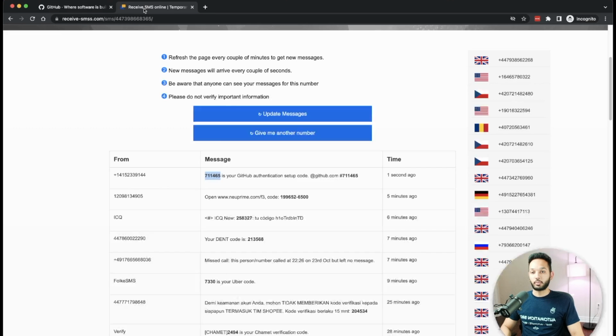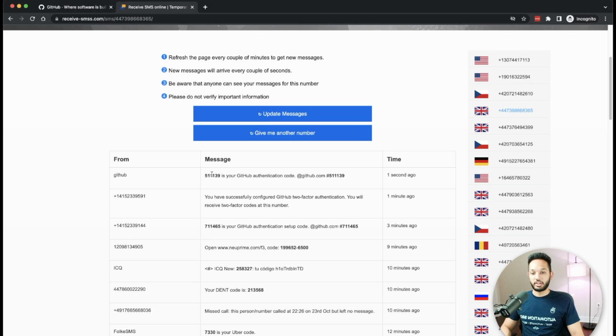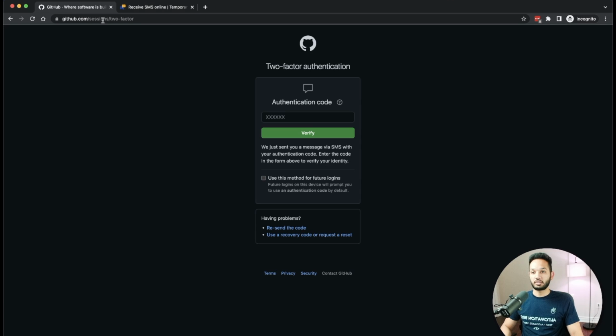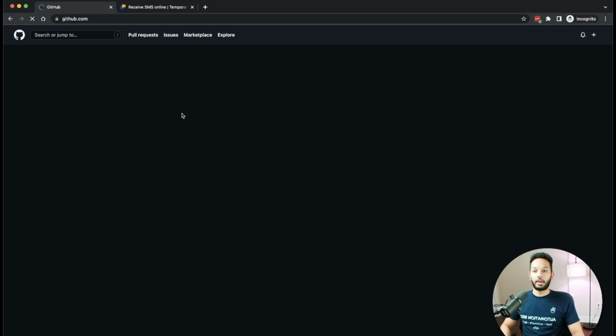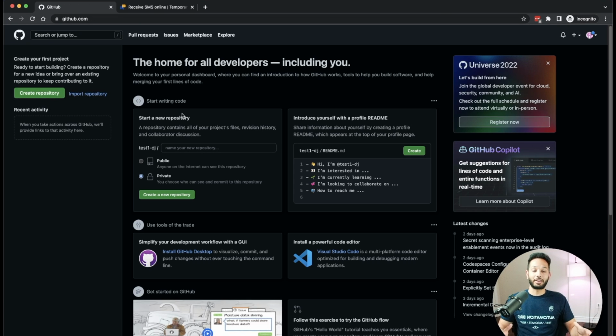And if I go back to my website, I'm going to click on update message. And there you go. I just got a message. It says 51139 is your GitHub authentication code. And you can also see it even sent me that you have successfully configured GitHub 2FA because we did that a while ago when we were setting up our authentication. So I'm going to use this and then paste it here. And there you go. We have successfully completed at least the manual flow, which we're going to be automating now